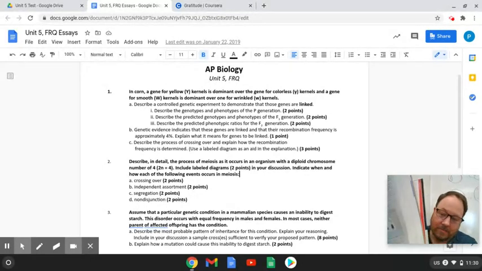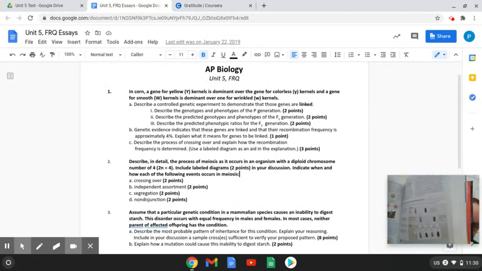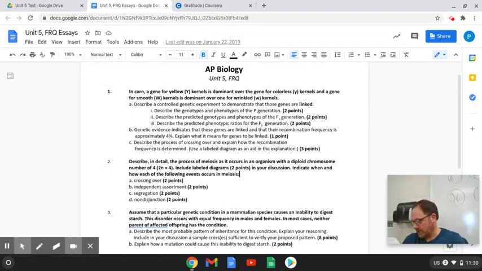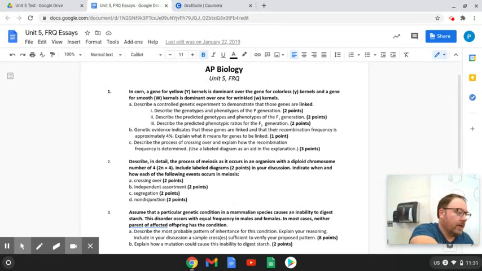Okay, so there it is. I would absolutely pattern this after the experiment outlined on page 301 in the book. It's figure 15.9. So please use your textbook and reference that figure on page 301. It says, describe the genotype and phenotypes of the P generation. Well, again,